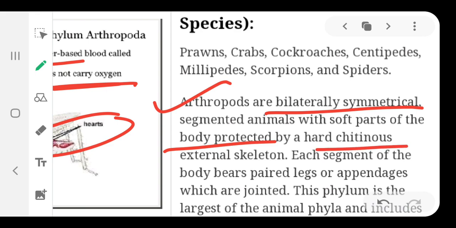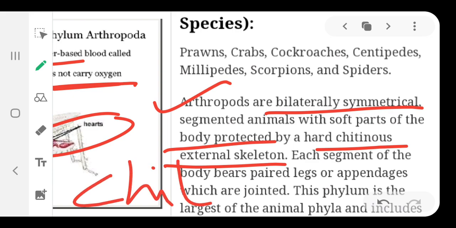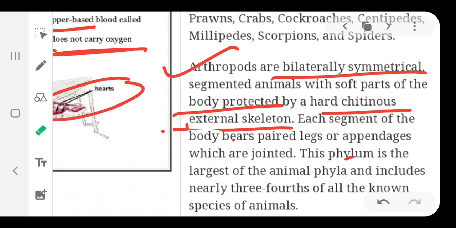Okay, underline the word chitin, the word I hope you might have heard. So, chitinous external skeleton. Okay, chitinous, C-H-I-T-I-N-O-U-S. Make sure the word is known to you, the chitinous external skeleton. And as I already have told you, the phylum consists of the largest animals in the animal kingdom,